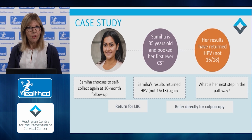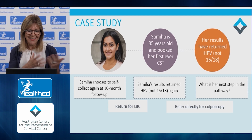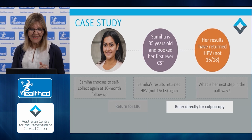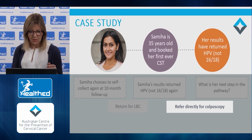Should you advise that she returns to you for a cytology test and a clinician collected sample, or do we refer her directly for colposcopy? I'll give you a second to just think about what you might recommend. And the answer is actually you would refer her directly for colposcopy, and we'll have a look why that is,